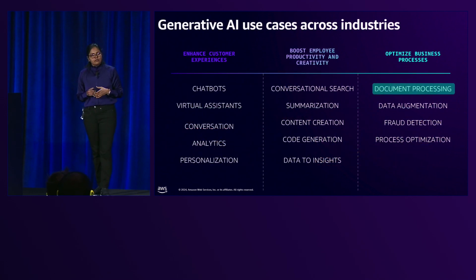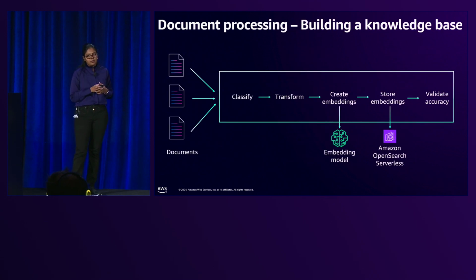So for those of you, we have taken this hydrating the knowledge base as an example of document processing. And we chose this example not just because RAG is popular, but also because it is best done in serverless. Why do I say that? You can run LlamaIndex or LangChain in Lambda or ECS and get this process done. Document processing is generally